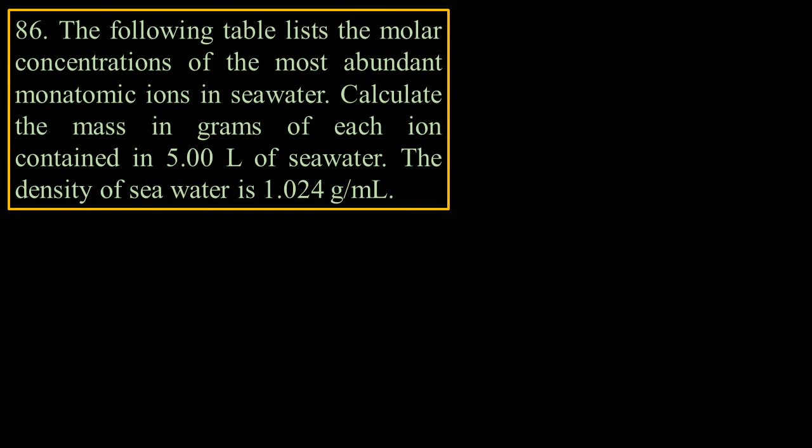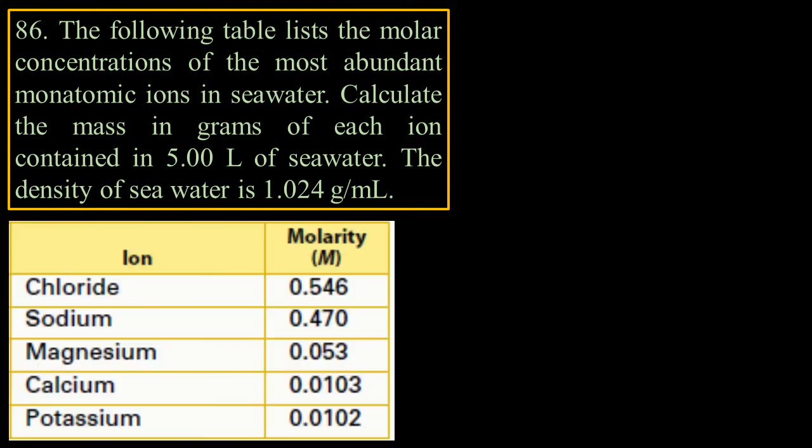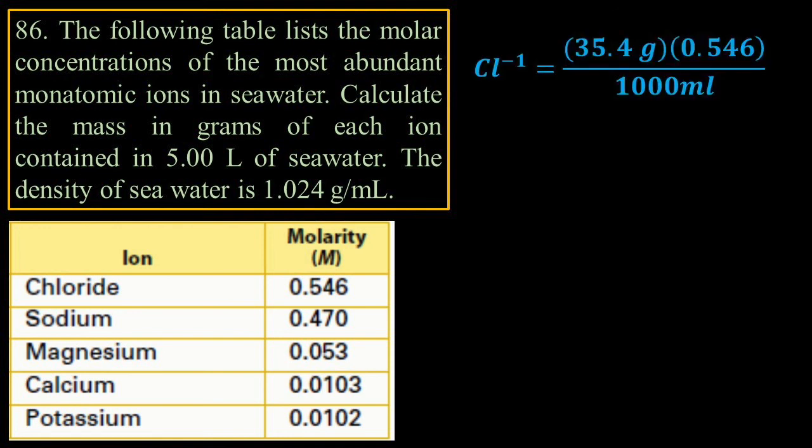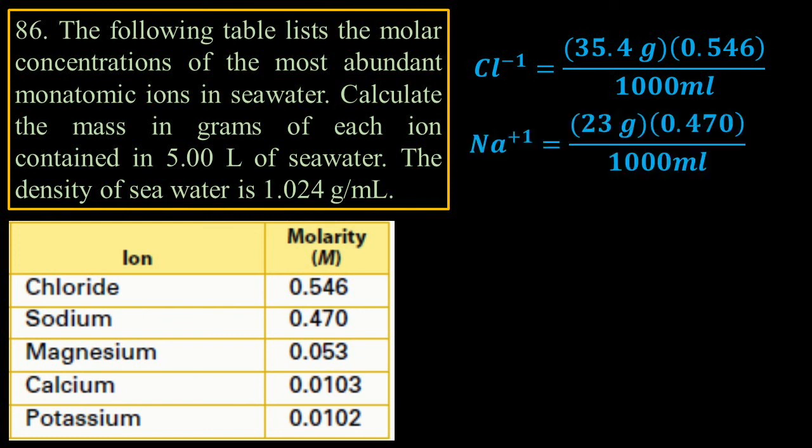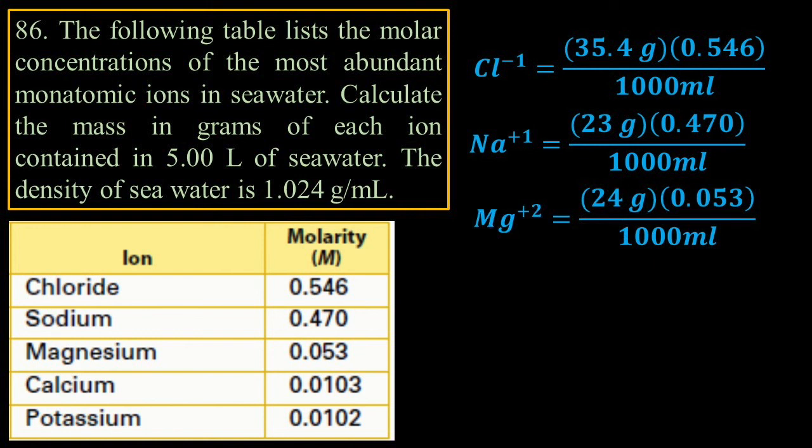The following table lists the molar concentrations of the most abundant monoatomic ions in seawater. Calculate the mass in grams of each ion contained in 5 liters of seawater. The density of seawater is 1.024 grams per milliliter. So there you have the first one, 35.4 grams. Notice the more precise measure of chlorine, and that's going to be 1 mole of chlorine, and then 0.546 moles,